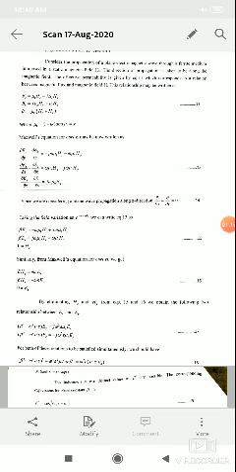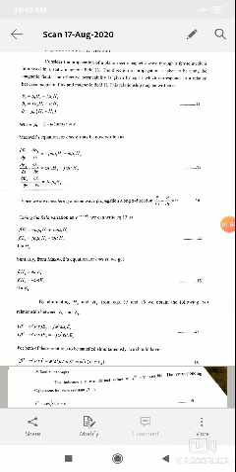Maxwell equations for the curl E may now be written as del Ez by del y minus del Ey by del z is equal to minus j omega mu1 Hx minus omega mu2 Hy. Second, del Ex by del z minus del Ez by del x is equal to omega mu2 Hx minus j omega mu1 Hy. And third one is del Ey by del x minus del Ex by del y is equal to j omega mu0 Hz.